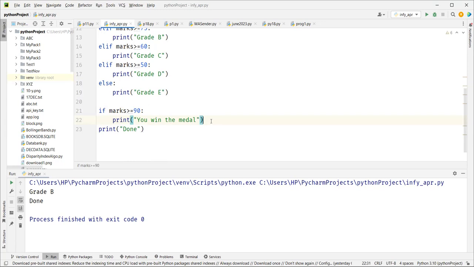But here, since we are writing if separately, that means every time this if is checked. But you don't want to check if every time. You want to check if only if it is more than. The question is,